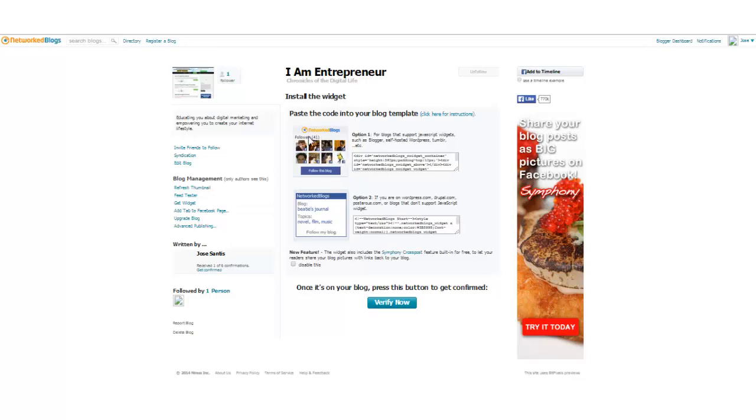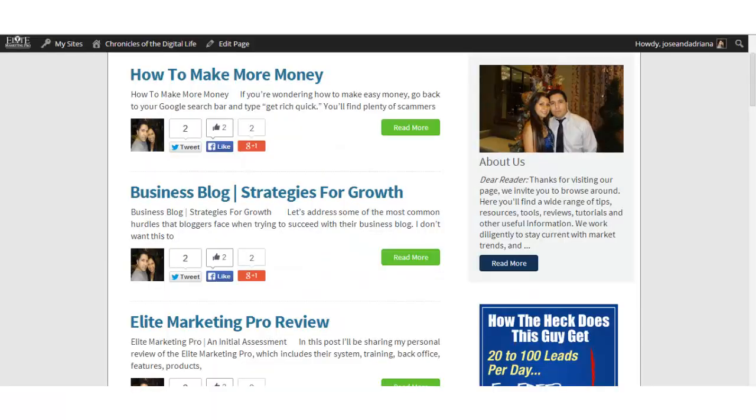And as you can see, I recommend the first one because you can actually see thumbnail images of people that are following your blog versus this other one, but it'll give you the criteria for each. So assuming that we go with the first one, I'm just gonna highlight it, Control C to copy, and I'm gonna go into the dashboard of my